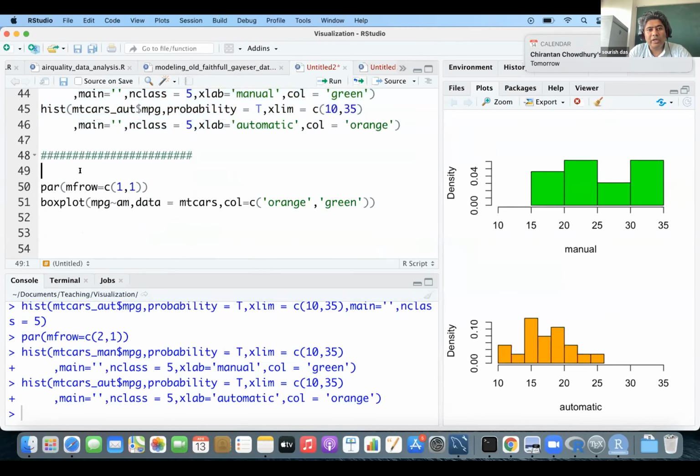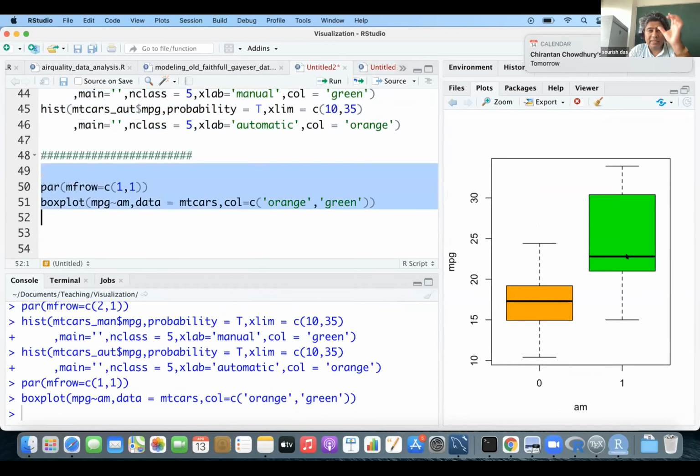And this is the alternate way of presenting the same thing, this one, where you can see there is some sort of positive skewness here, because the gap between the first quartile and the median is much smaller than between the third quartile and the median. So their distributional behavior is slightly different, but clearly manual is significantly more fuel efficient than automatic transmission. Okay,